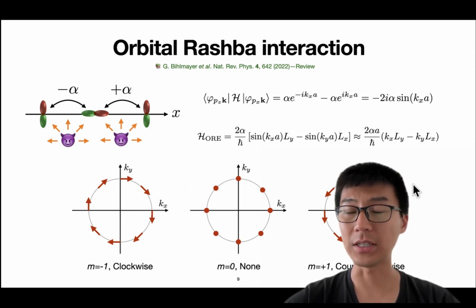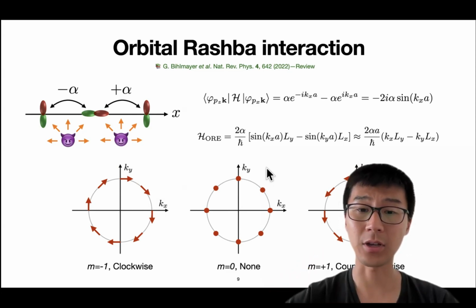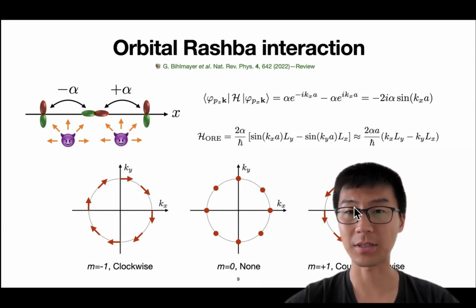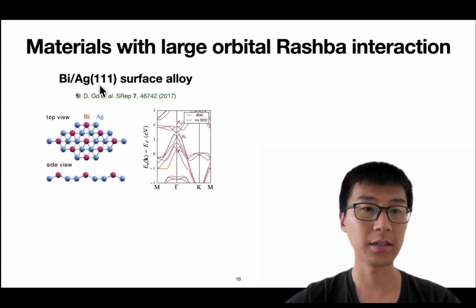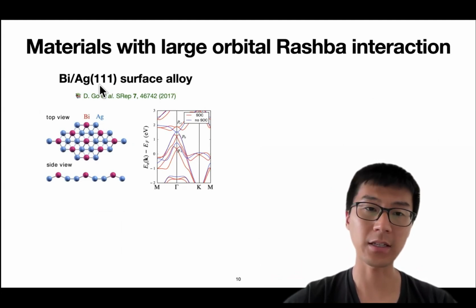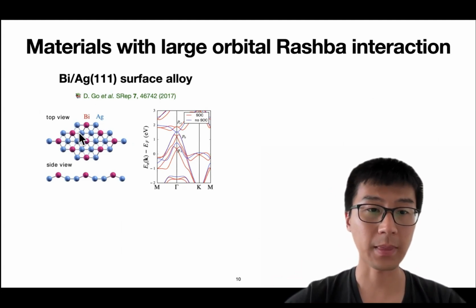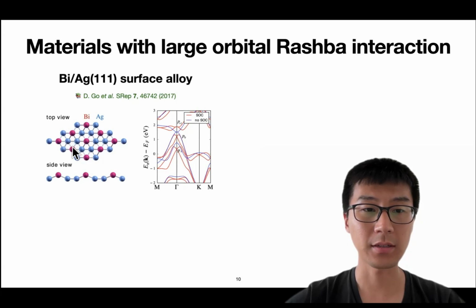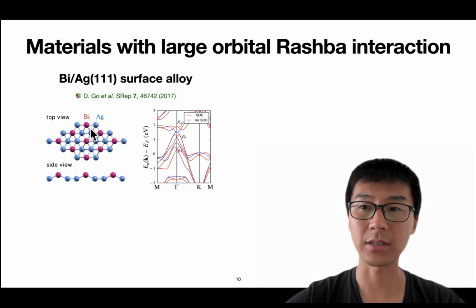But in reality, in 2D, there can be strong anisotropy between pxy and pz orbitals. So therefore, the textures do not exactly have these clockwise, counterclockwise shapes. So let's look at an example. One example that is, in my opinion, important as a textbook example is the bismuth silver surface alloy. And the system looks like this, in a way that bismuth atoms are mixed together with silver on a surface